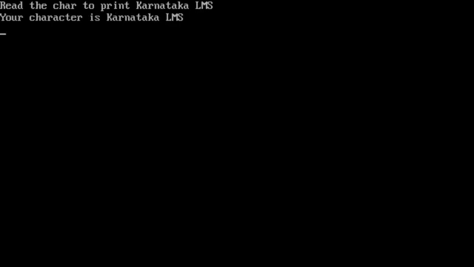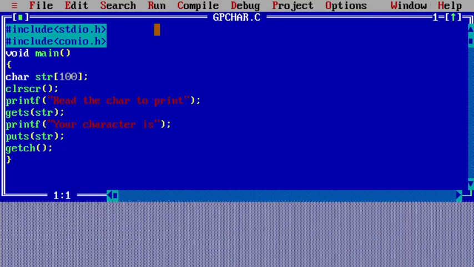Okay, yes, because I used %s instead of %c, so that it is printing the whole string, whatever you have entered, it reads till the new line, the end of the string. Karnataka LMS, we have entered the string.